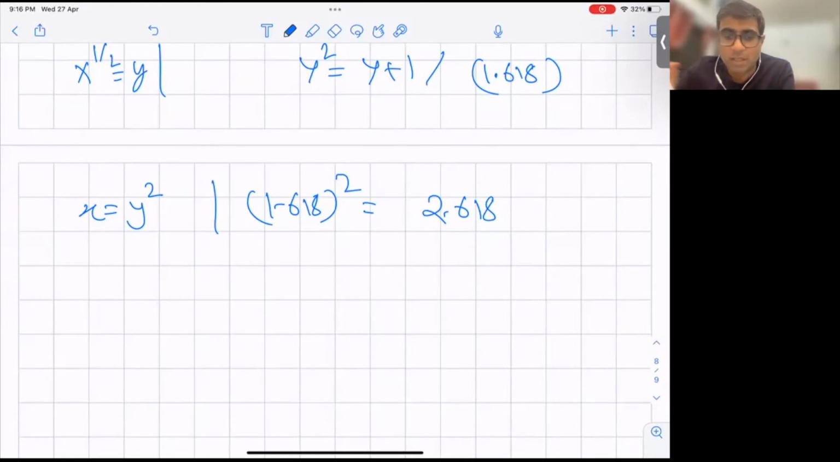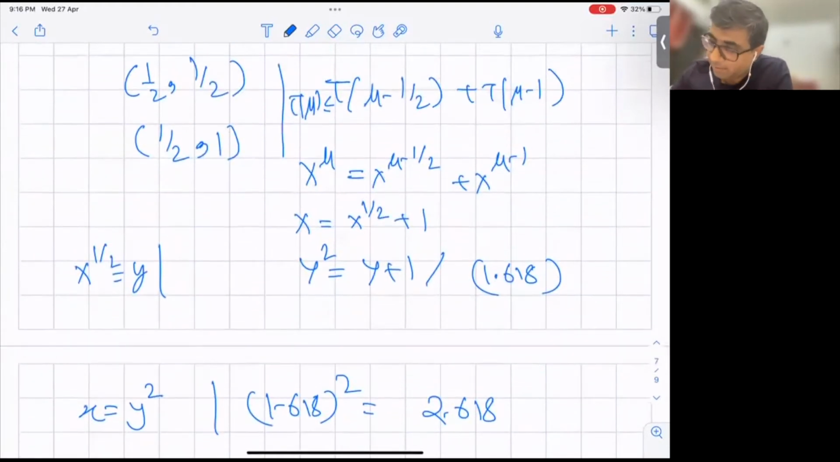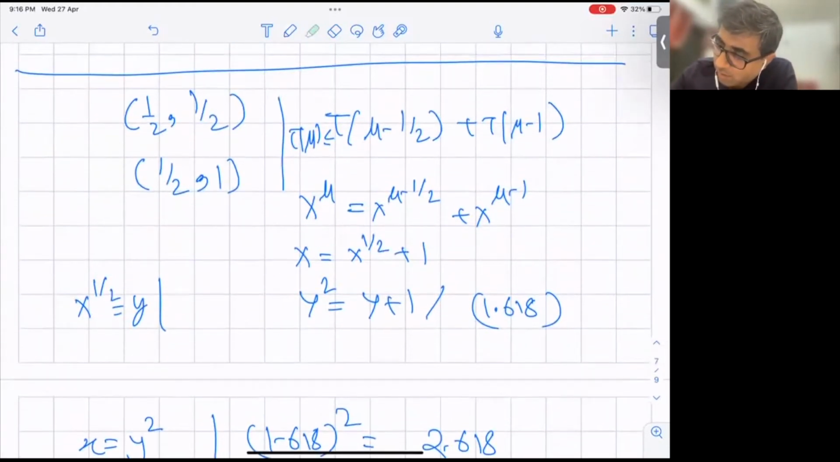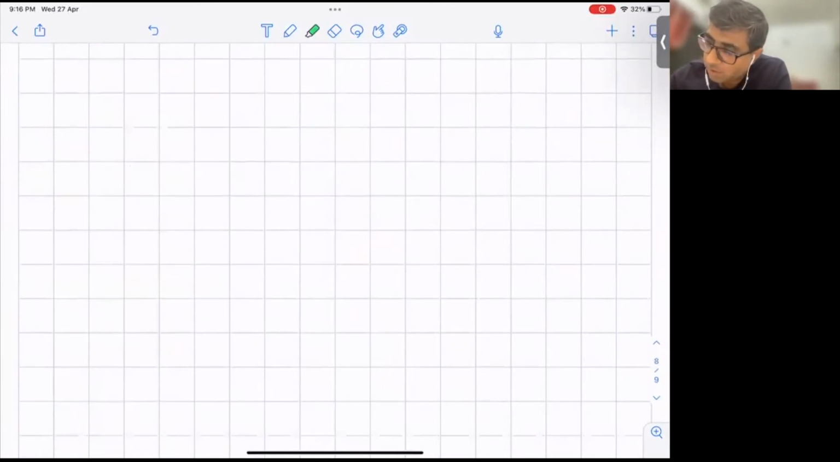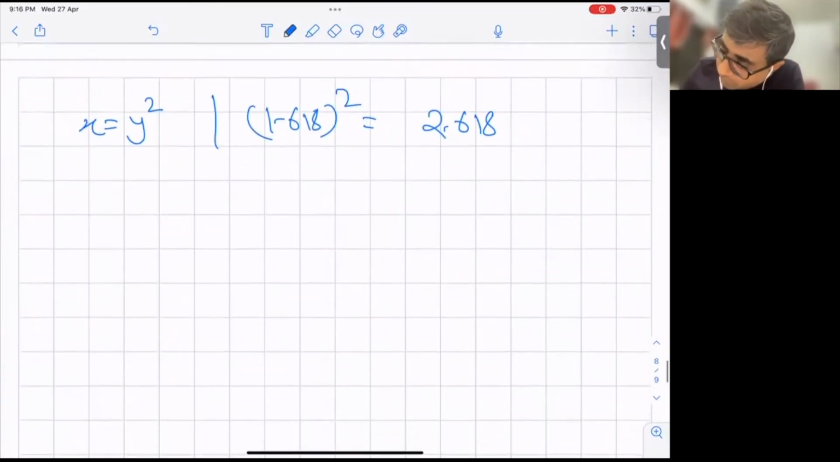Okay, so this is what we would like to achieve. We would like to achieve this kind of recurrence. So we have this kind of recurrence, and we would like to go to this. There's a nice idea to do that. Before we do that, suppose